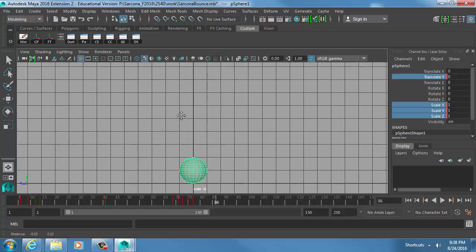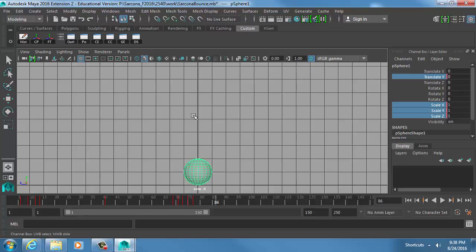So on this one, now we have the slow in and slow out. And this is going to be probably the most critical one that we would be doing. It's also the one that confuses people the most. So if you've had After Effects before, one of the things in After Effects is they have a graph, and on the graph you can edit the speed or you can edit the actual values. In Maya we just have one graph and it's just for values. So I'm going to click on my graph editor